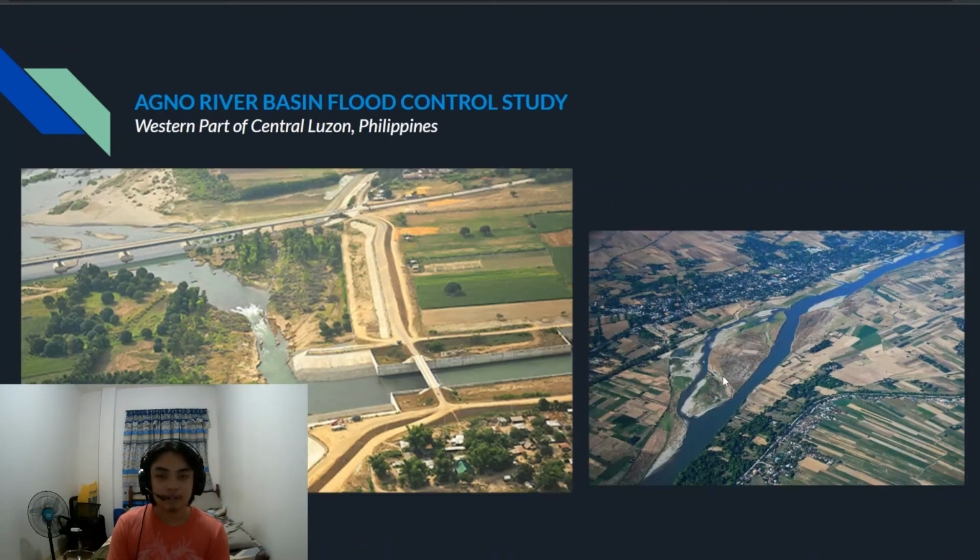Our third example is the Agno River Basin Flood Control Study, which can be found in the western part of Central Luzon, Philippines. A comprehensive study to establish adequate measures for flood control in the Agno River system and its allied rivers, namely Poporto Floodway, Tarlac River, Camiling River, Banila River, Vide de Pala River, Ambayuan River, Panto River, and